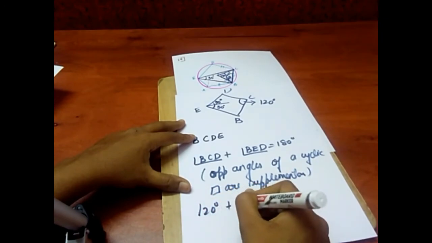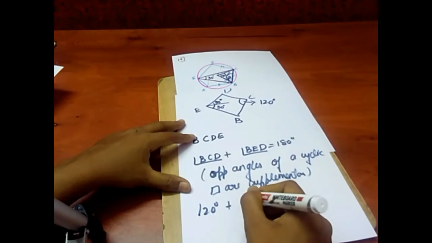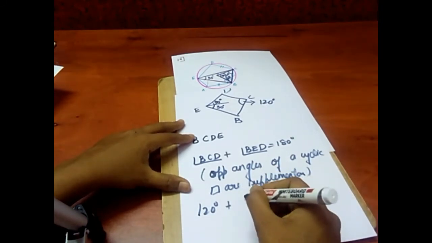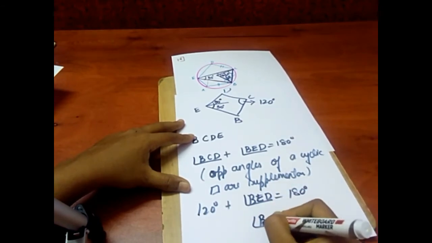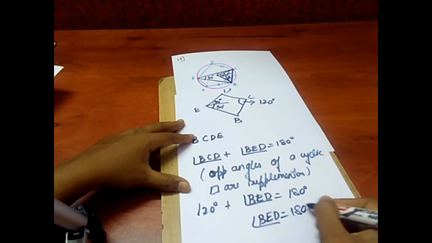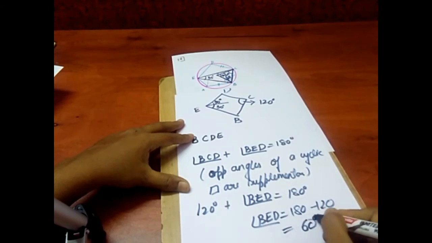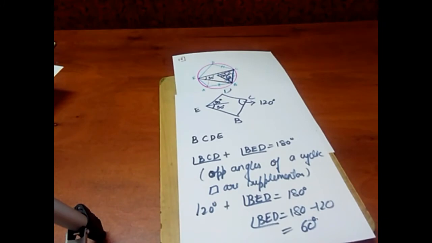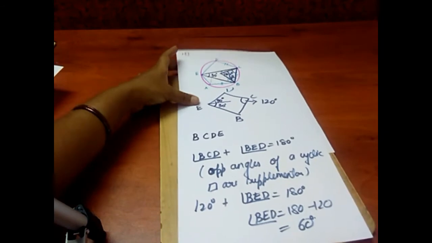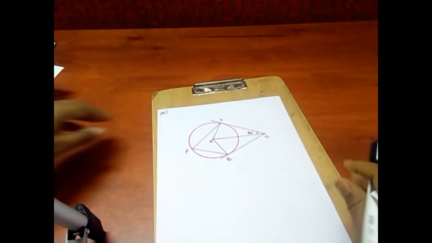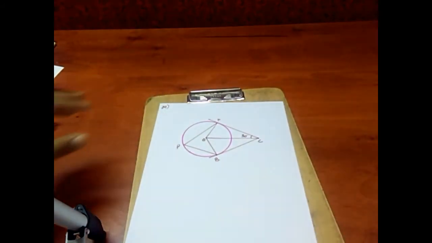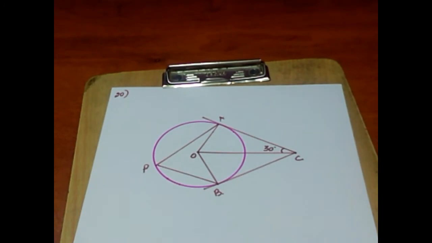Hence, BCD is 120, and the 30 degrees is already only a part of angle BED. So it's not necessary, as we need the complete angle BED. We can take that angle BED is 180 minus 120, which is equal to 60 degrees. And this is one way to find the solution, children. If you observe the diagram carefully, you may find many other ways also. You can try it, but mention the proper reason for what you have done, why it is equal, and how you have calculated. Let us move on to question number 20.